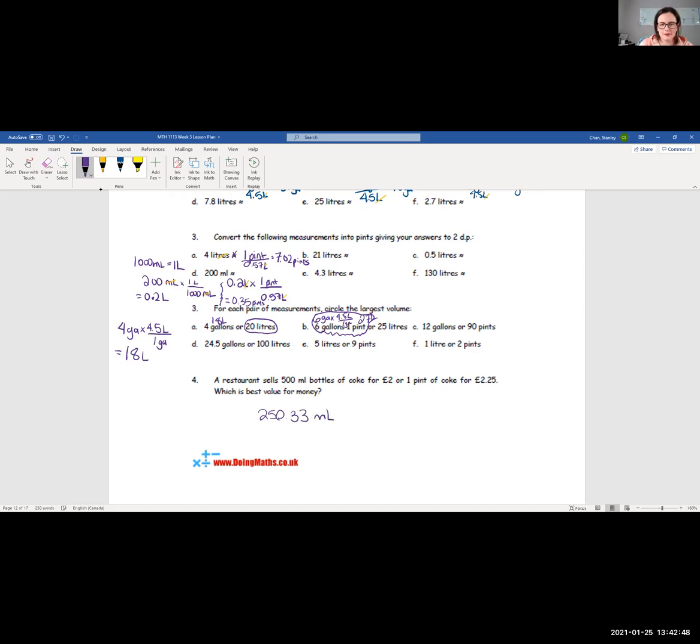250.33 milliliters, 253.33 milliliters per $1. Okay, and then I'll do the British one, I think it's the pound, yeah. And then okay, so that's option A, and then the other option was